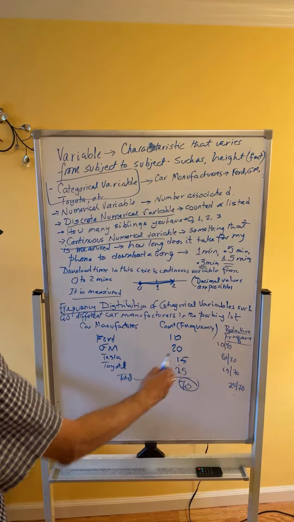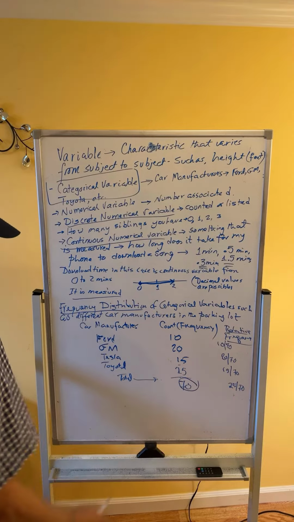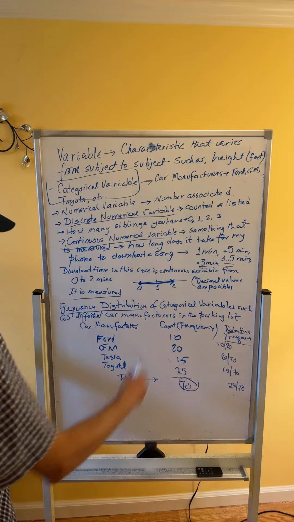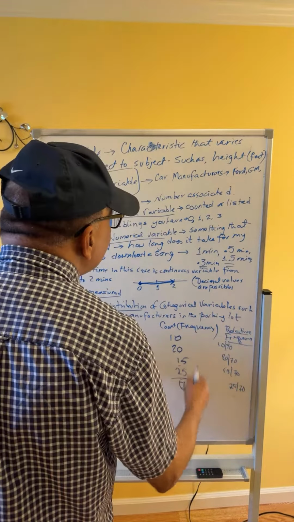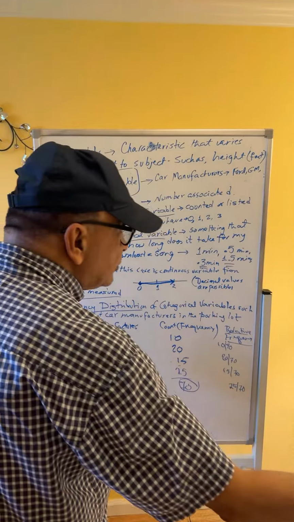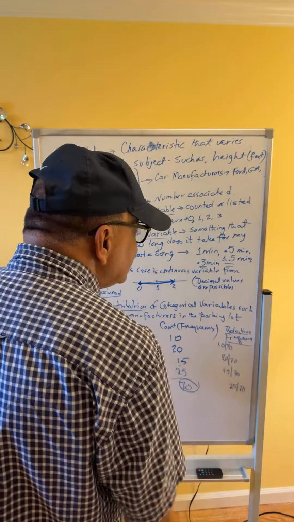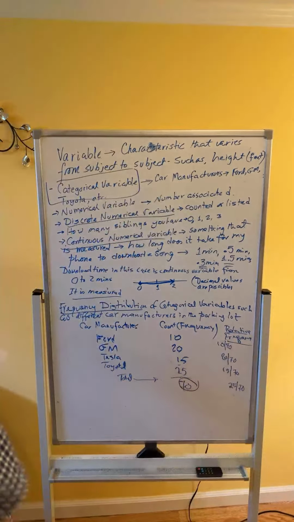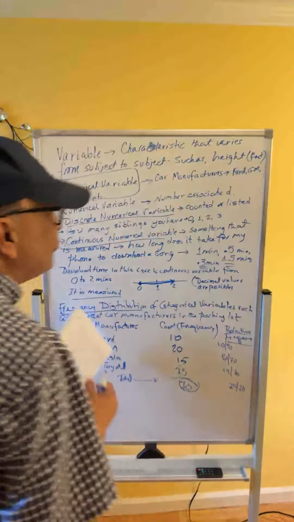So either you can make a frequency distribution, a listing of the different categories of car manufacturers in this case, and count of the car manufacturer in this case, frequency. So that will be a frequency distribution, or you can convert the frequency into relative frequency. Why? Because that gives you the proportion. What percentage of the cars have Ford? It is 10 divided by 70, a decimal, multiplied by 100. Shift the decimal point 2 places to the right, you get the percentage of cars which are Ford in that